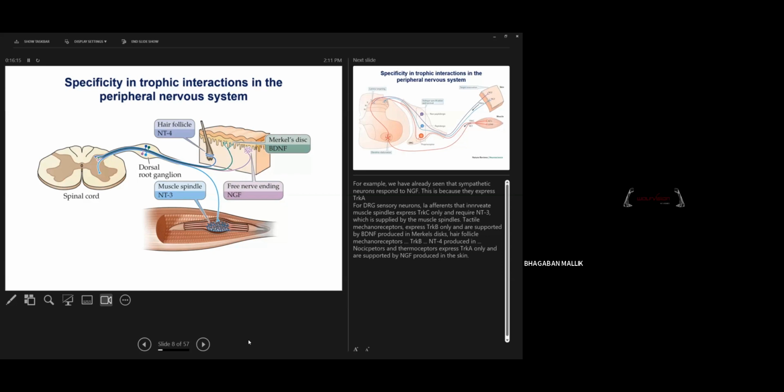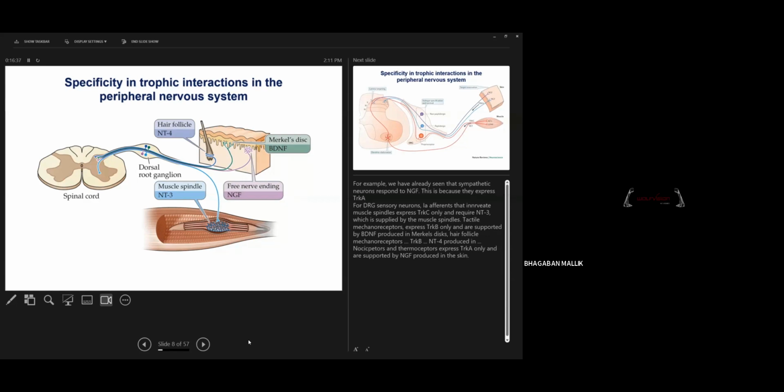Here the target is the muscle spindle. In the muscle spindle you have NT3 neurotrophins, and in the skin, in the hair follicle, you have NT4 neurotrophins, and here in the Merkel's disc